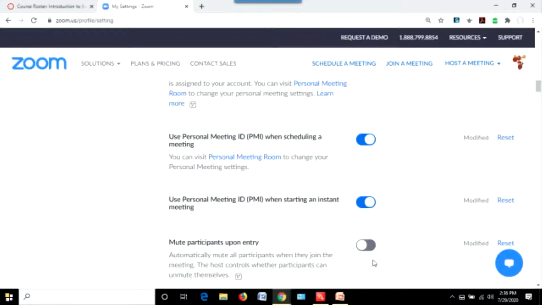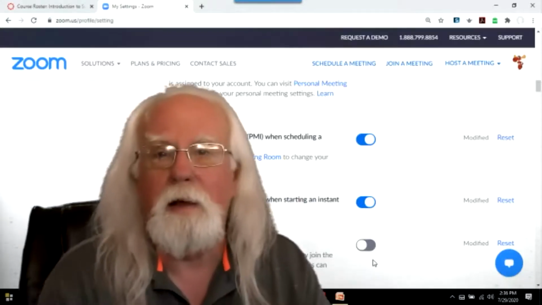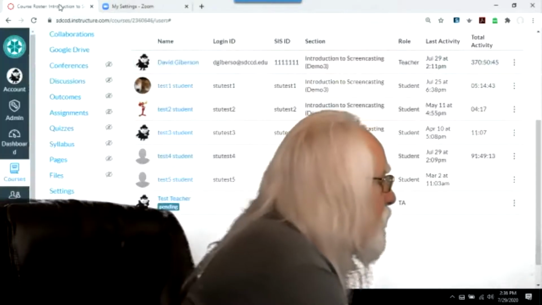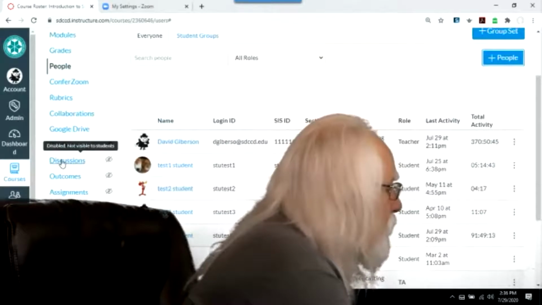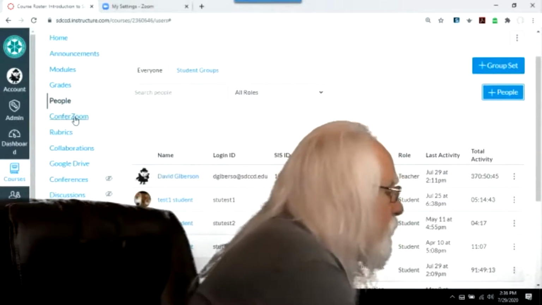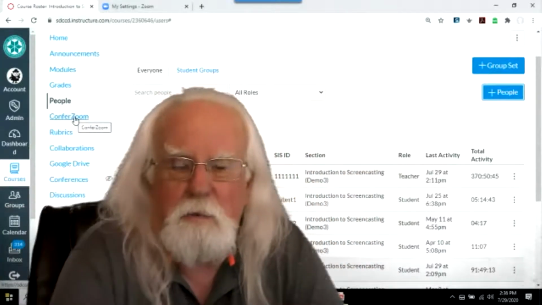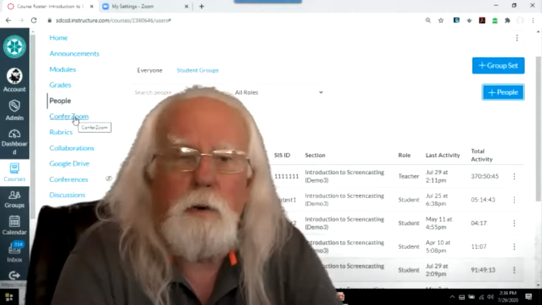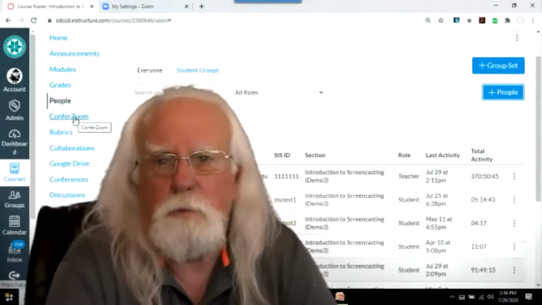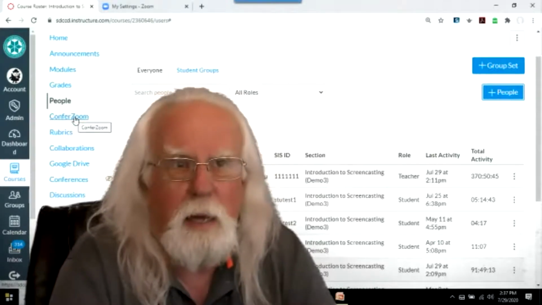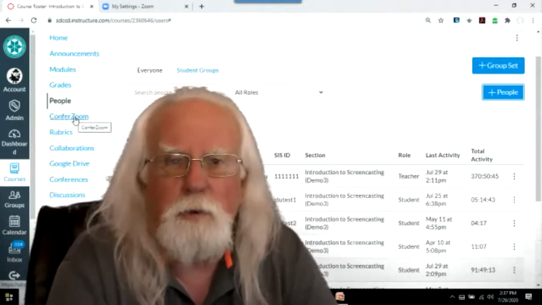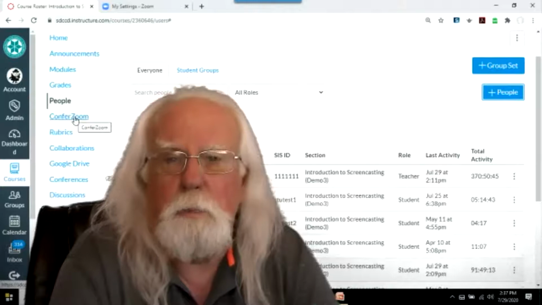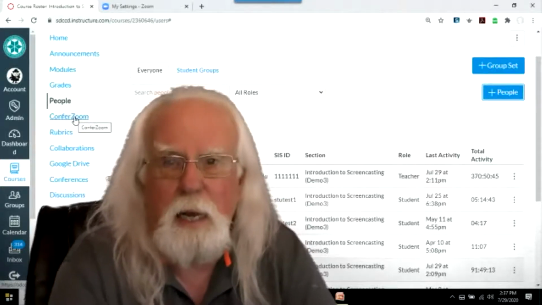There is an exception to that, however. If you use the Confer Zoom app in Canvas, which you find in your course menu in Canvas, that's a convenience that allows you to start and schedule Zoom meetings in Canvas. It streamlines your task a little bit, but that app is set up so that you can't use your personal meeting room. It forces each new meeting to have a randomly generated meeting ID and meeting invite link,